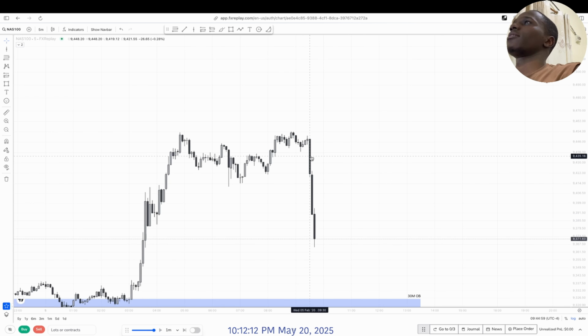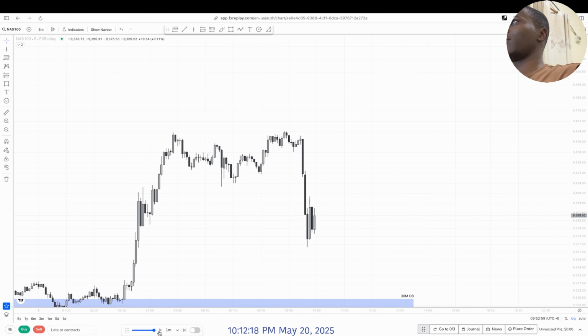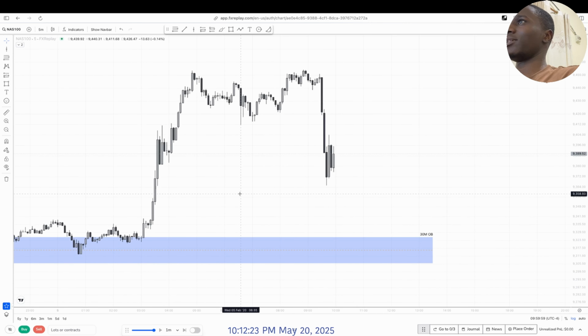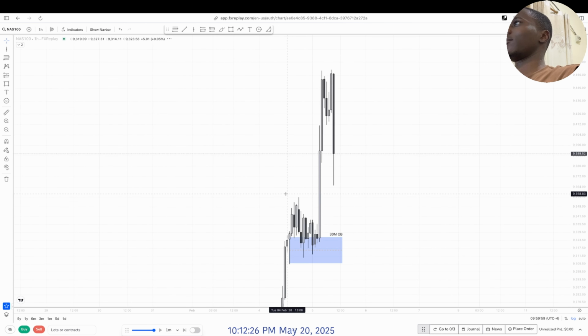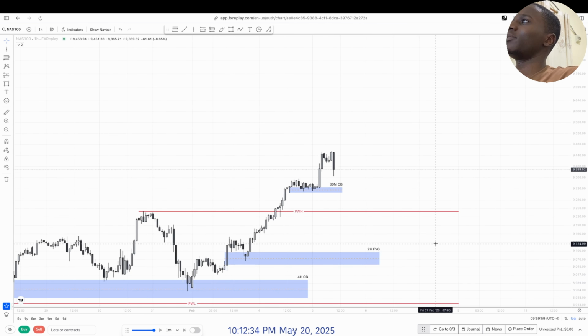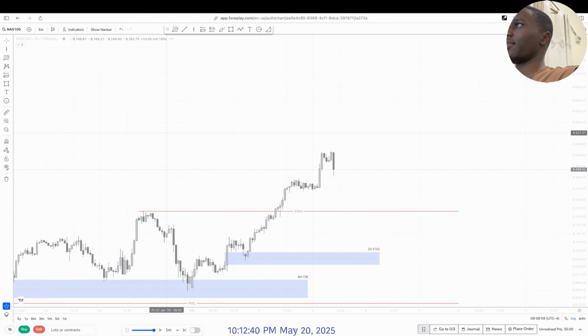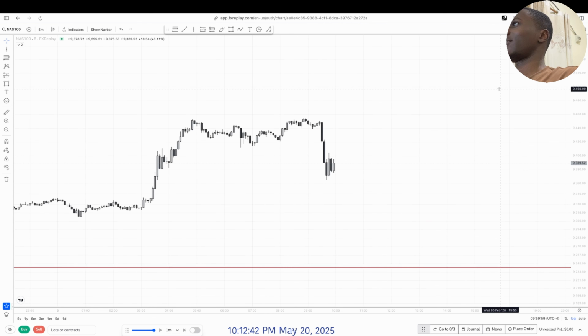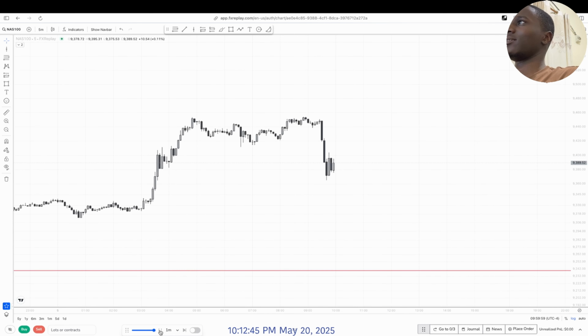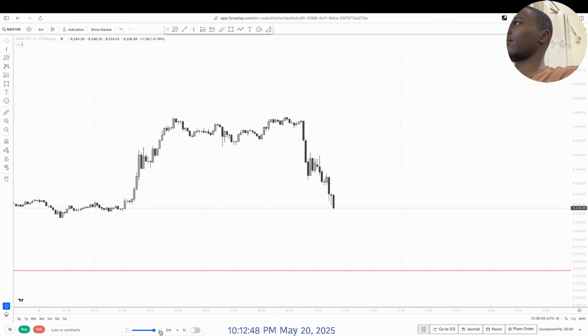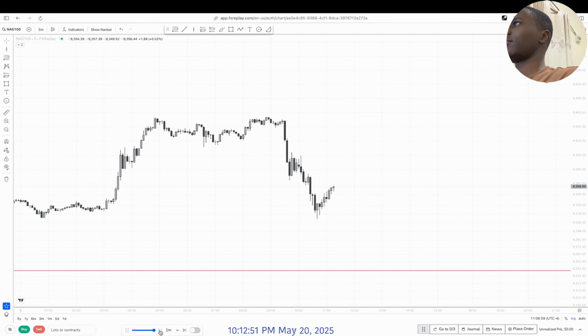By 9:30 open, and this is our first presented fair value gap right here, which means if we get a retest, which was provided right here, then we might sell back to a POI, which, let's see on the one now if we have a strong POI. We were tapping into this fair value gap, which means that sell will be a bit risky. Yeah, that sell will be risky. I think I'll pass. I'll let this one pass. I can't sell it. I'm not selling it. Let's see if it behaves.